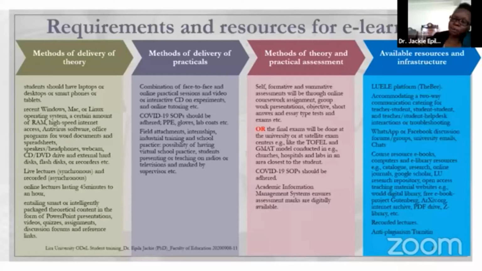There is also this anti-plagiarism software called Turnitin. It's already installed on our platform. So if you go to the internet and browse and copy paste someone's work and upload it on the platform as your assignment, you will get caught. So those are the repercussions. Whenever you use someone's work, you always reference, you cite whoever you've copied from. You say Epila et al. 2020 or Ronald et al. 2013, depending on the year of the publication. So that is just to guide you.